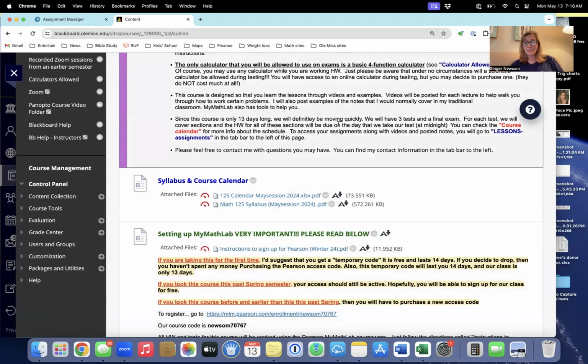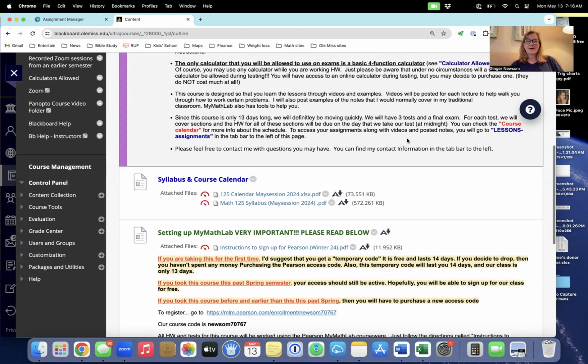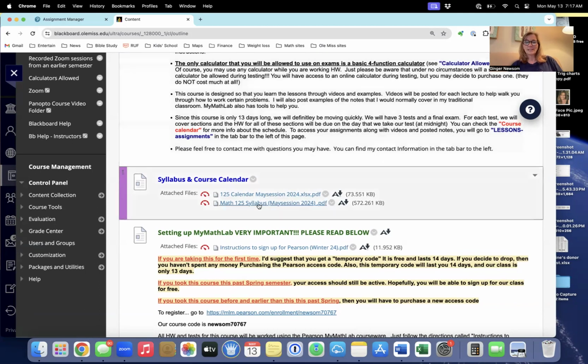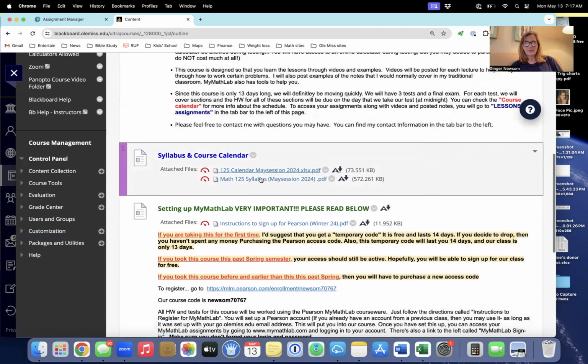Since the course is only 13 days long, we're going to have 3 tests. And then our last test will be that Friday, and the final is the next day. But I'm allowing you to drop the lowest of the 3 tests and the final. So if you're happy with your grade after you take test 3, you don't have to take your final. Okay, it is comprehensive, and you have longer to take it, but it counts the same as a normal test. Okay, let's look at the calendar. So right below on this first page, we have our calendar.